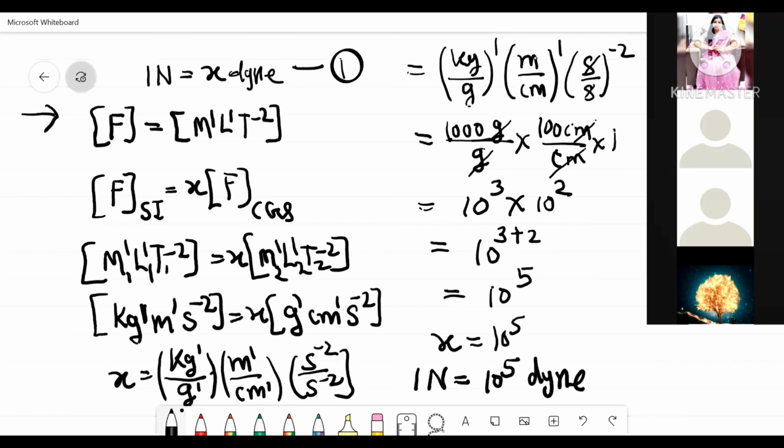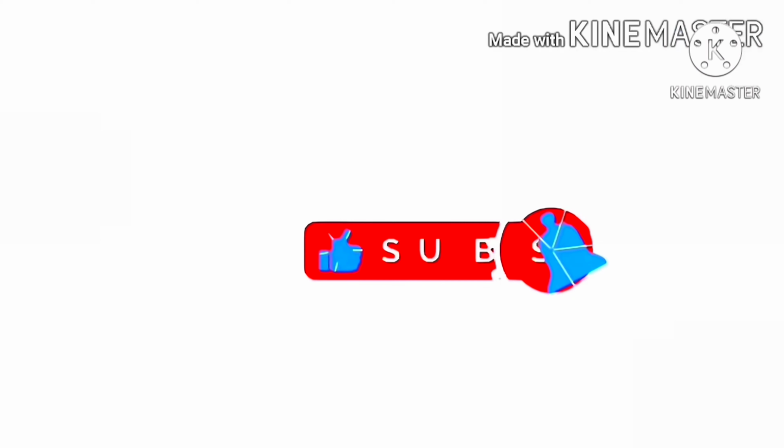Next, 1 kilogram is equal to how much gram? 10 raised to 3. 1 meter is equal to how much centimeter? 10 raised to 2. 10 raised to 3 and 2 added together becomes 10 raised to 5. This is the value of x, that is the value of the conversion factor. This value is substituted into equation 1, and then you will get 1 Newton is equal to 10 raised to